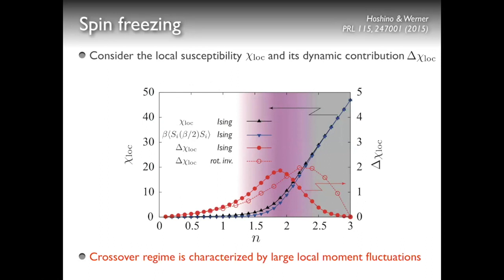And so this basically shows what is going on in this system, namely at weak filling, we are in a Fermi liquid regime where we don't have any local moments. But then as we increase filling, due to the effect of Hund coupling, local moments start to form. And initially they strongly fluctuate, and that leads to the peak in this dynamical contribution to the local spin susceptibility. And as we go closer to the half-filled Mott state, the spins freeze and then the fluctuations go down.